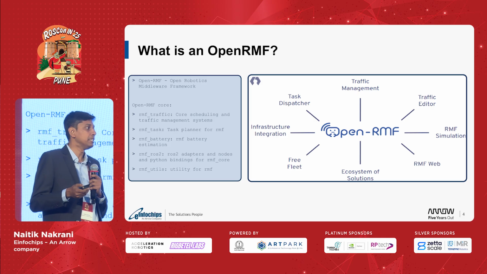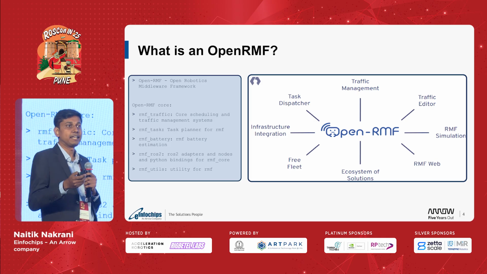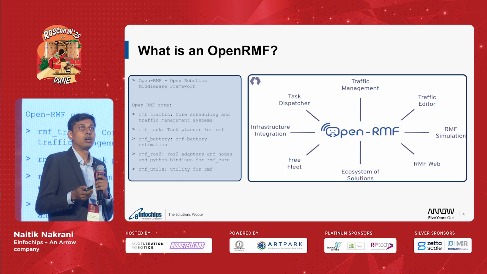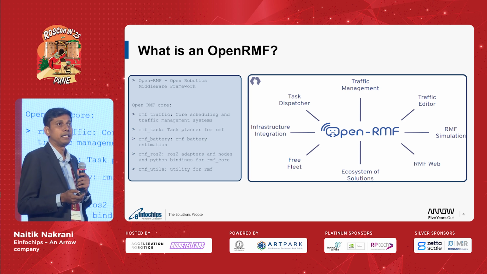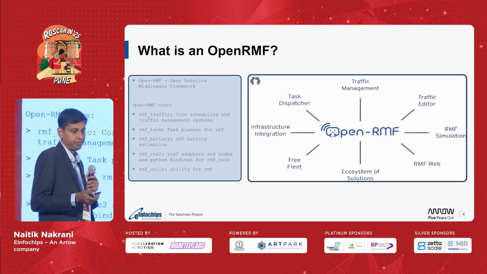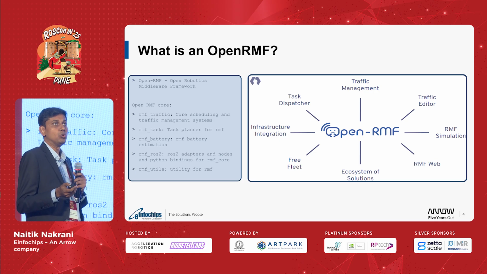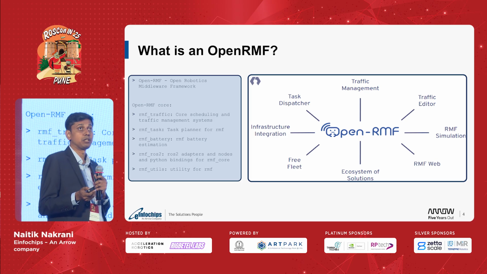Consider it as your traffic police system, which takes care of your traffic congestion, which assigns different tasks to different AMRs or your fleet robots, and then it acts as a fleet adapter, which brings multiple vendors' robots into a single system. And it has a lot of tools and libraries which run on top of your ROS2